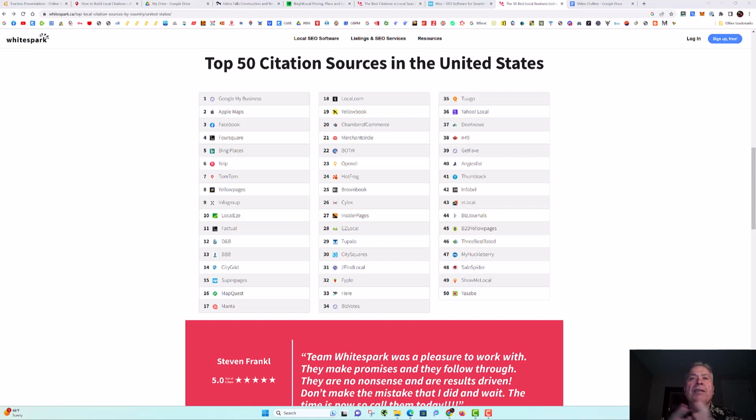Basically, the more consistent it is, in other words, across the website, across the internet, the more the search engines trust it. And on the more authoritative websites you're listed, the more Google trusts it. It used to be just, if you had more listings of your name, address, and phone number on different directory sites across the web than your competitor, you would outrank him.